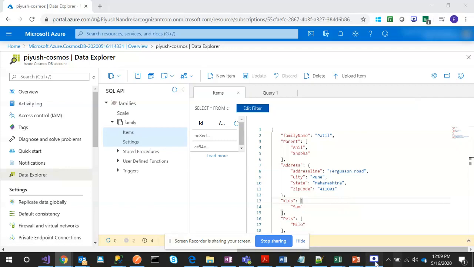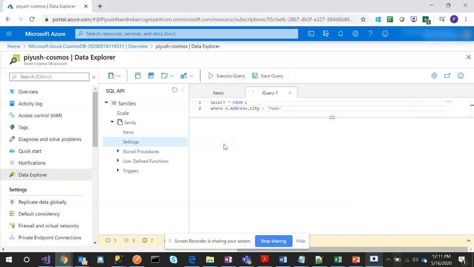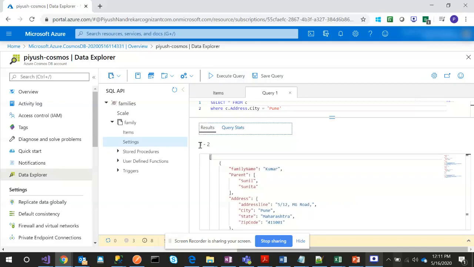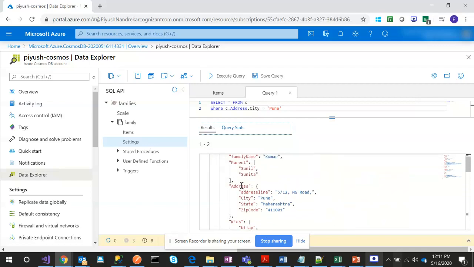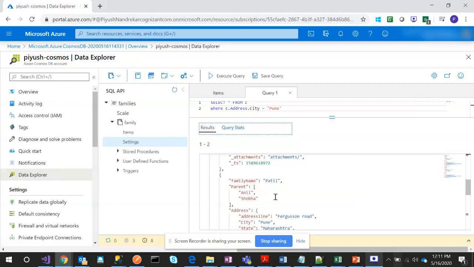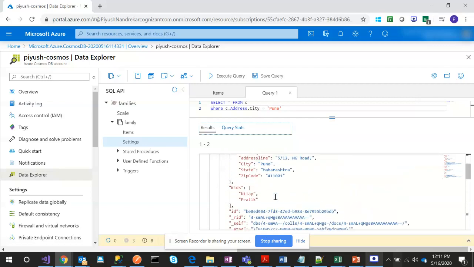Let me pause this video for a second. Okay, I have found the issue. It was single quotes; I was earlier putting it in double quotes. Now if I execute this query, I should get two records. Yes, this is the first record of the Kumar family, and the second record is from the Patil family. We can filter on the zip code as well if we want to.